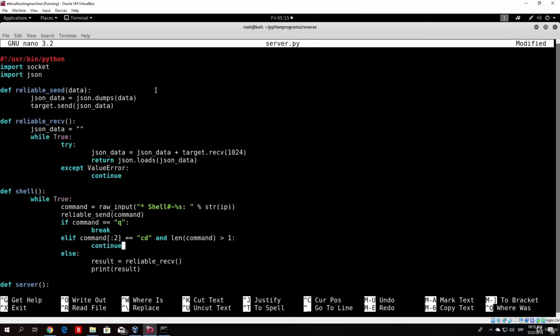Now why do we want to continue? Well, we are the server, we are not really performing anything on our target, we just wanted to send the command for the changing of a directory to the target, and we want to go back to the beginning of our while true loop where we can send the next command. So this is the entire part of the server code for the cd. So just save this